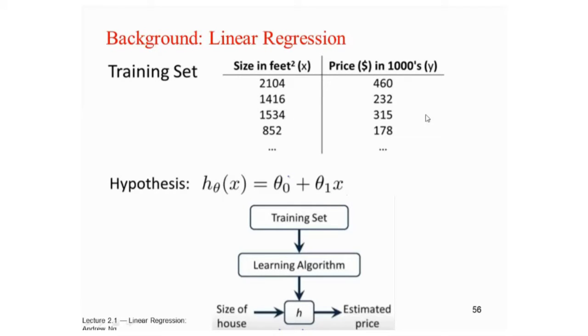So here we will continue with this housing price. We have the price, we have the size of the house. Based on that, you have to predict the price. So now we will take this hypothesis. Here the hypothesis is that we have only one variable x, and theta 0 and theta 1 are variables, parameters, which are required to tune based on this training.